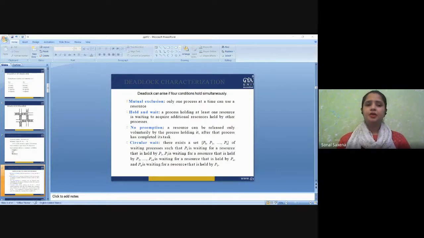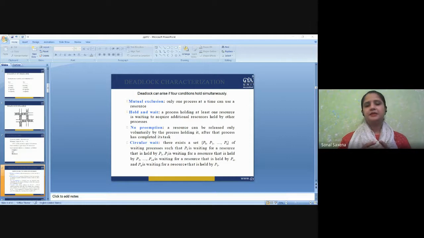Now, resources shared, such as read-only files, never lead to deadlocks, but resources like printers, tape drives, which is a very common thing, which is required by each and every process, need exclusive access by a single process. Because it can happen at any time that, let's say, I'm making a PowerPoint presentation, I want to get that printed. So even in that condition, I can give a print command, or let's say at the same time, even I'm working on the PDF file, I'm working on the Word file, and I want to get my document printed. Again, I can give the print command at the same time.